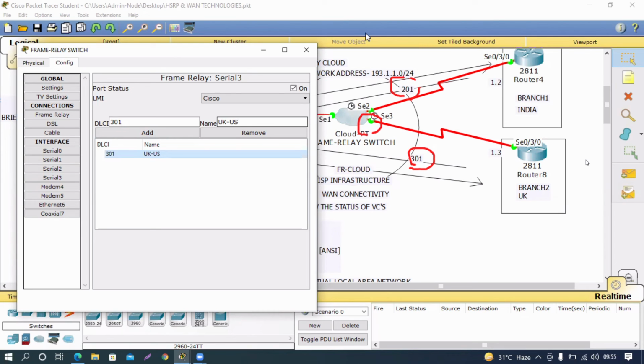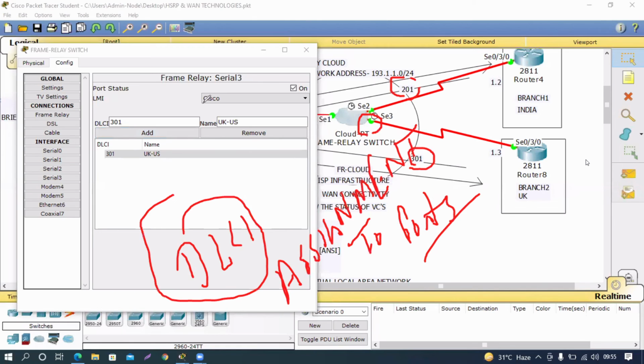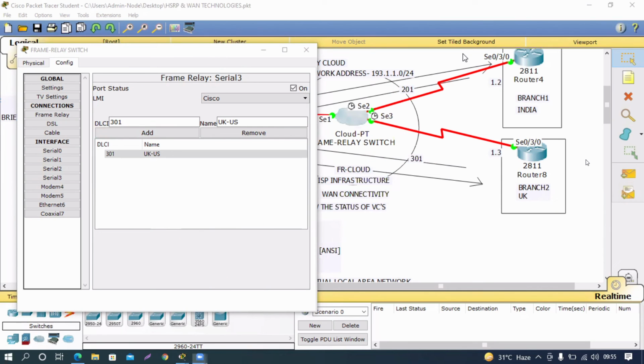This is what we call DLCI assignment, assignment to ports. Unless you assign your DLCI numbers to the ports, your frame relay switch cannot understand which particular virtual circuit should be used to communicate to what. So this is the main thing, the first thing you need to do. Assign this, and later you have to